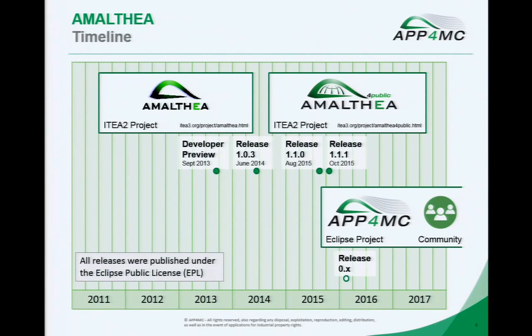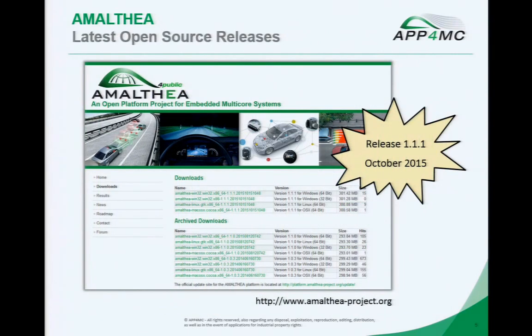Okay, we try to have a next release in the first quarter next year, if all is as we plan it. You see here the website amalthea-project.org. Till we have an official download at Eclipse, this is the official download site. And you can also see how many downloads were done till now. Even the former releases, we have around 800, 900 downloads, which is not bad for this kind of software.